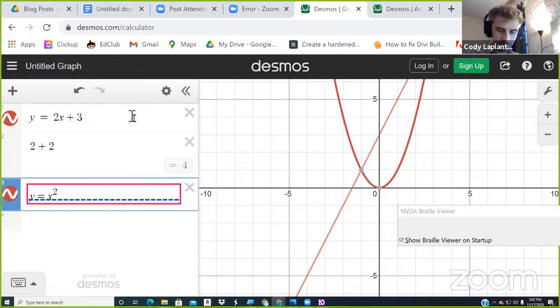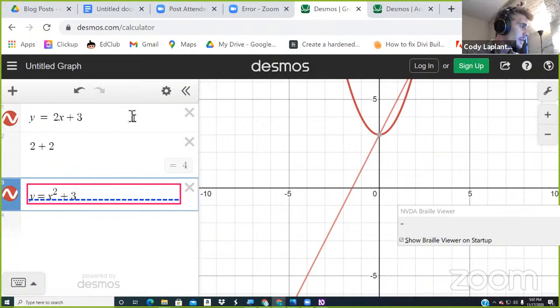Blank. After superscript. So you can see the screen reader is reading to me everything that I need to know. Plus 3. Y equals x superscript 2 baseline plus 3. Has graph. Awesome. Just to prove the point,